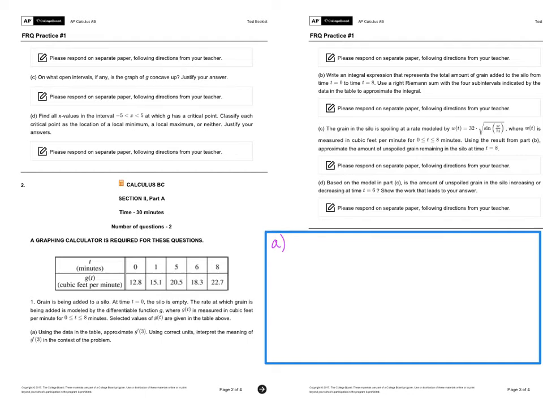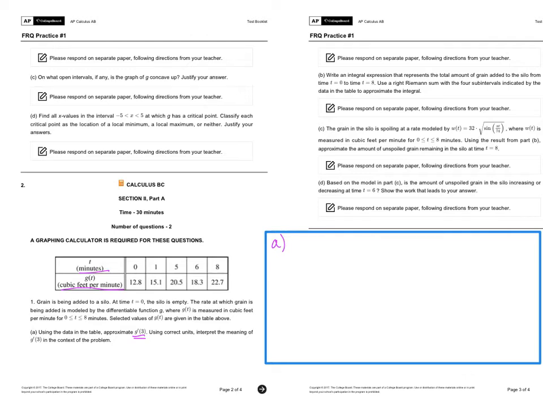It says that grain is being added at time t equals 0, the silo is empty. The rate at which grain is being added is modeled by a differentiable function g of t, in cubic feet per minute, and of course t is in minutes. Selected values are given in the table. Using the data in the table, approximate g prime of 3. Oh, such a classic problem. Guaranteed, I would bet my life there'd be one like this. And again, using correct units, interpret the meaning of